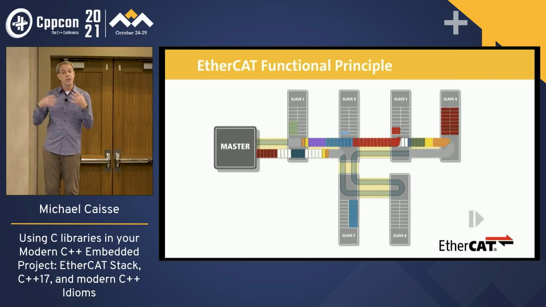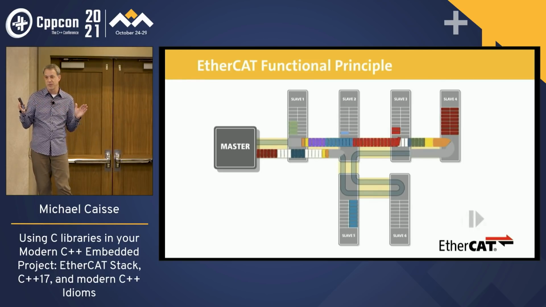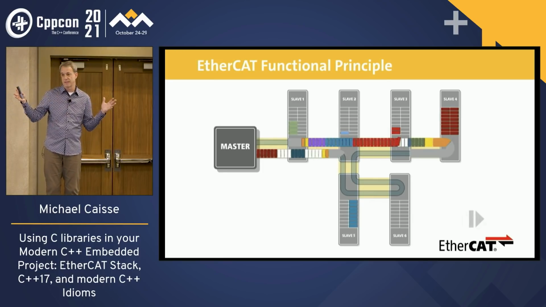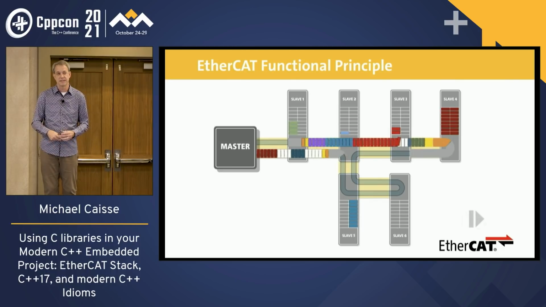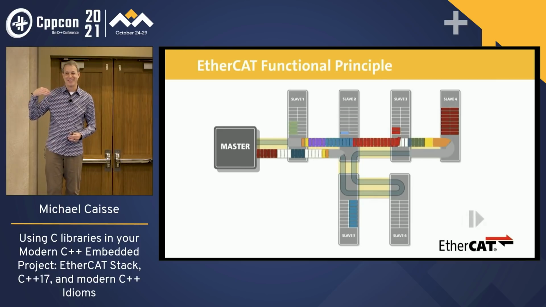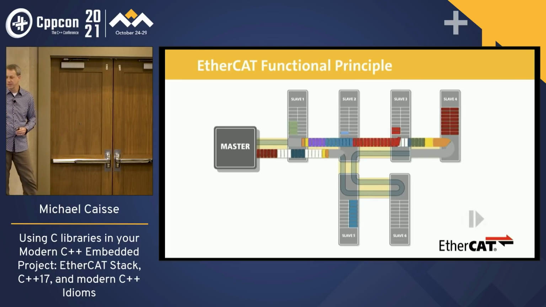There is a negotiation that occurs at the beginning. I've set my system up, I know the things that are out there, and the packet size is determined, as well as the addresses in which each of the slaves will be able to get information and put information. And you can see as this little video was running, they're not necessarily doing it in contiguous space, right? They're pulling things out wherever it happens to be available. And that's this negotiation process that occurs at the very beginning of the setup of the network. So there is a plan behind it. It's not just happened. Yeah, so there's a negotiation that's occurring for this to happen. Good question.